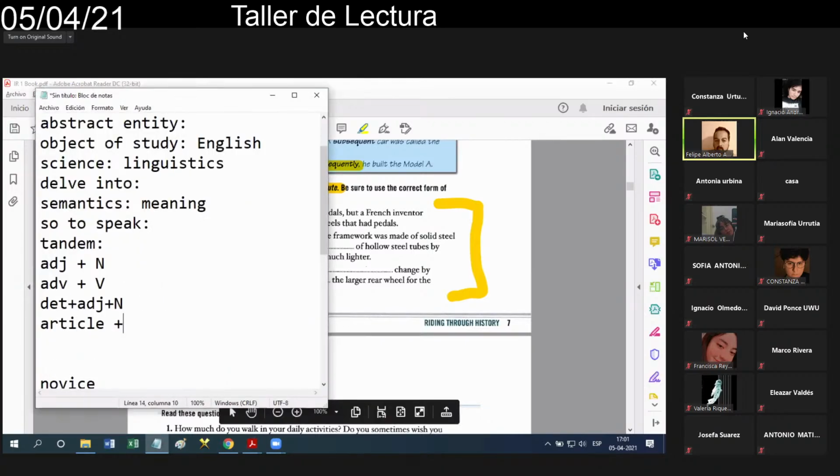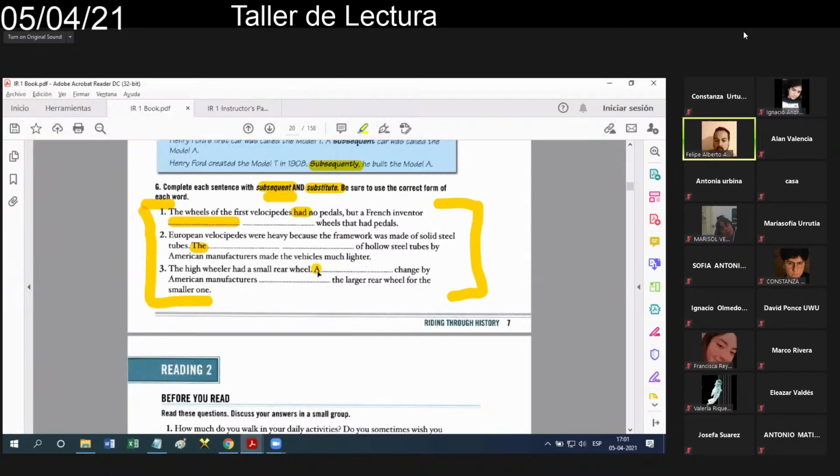And after an article, there is always a noun. In this case, okay. A, what's the word now? A,